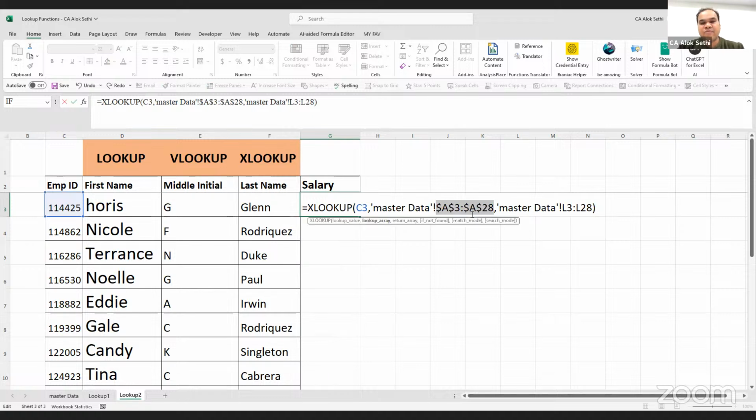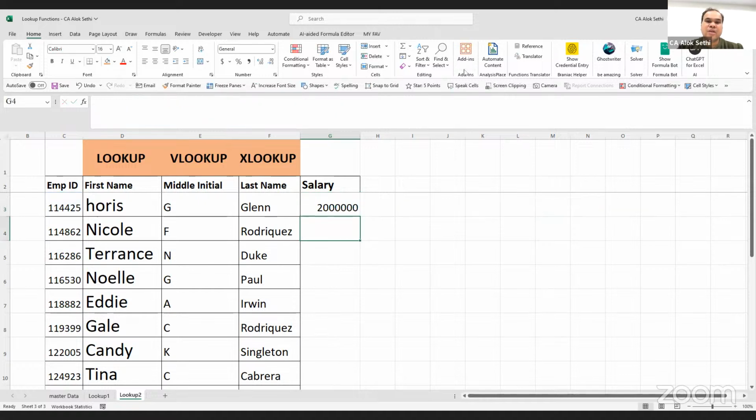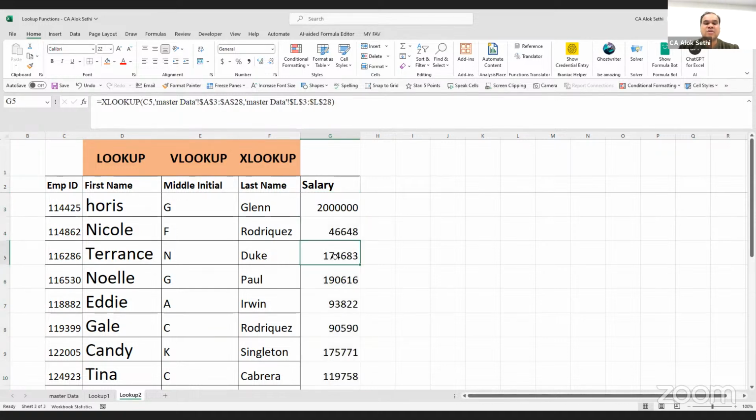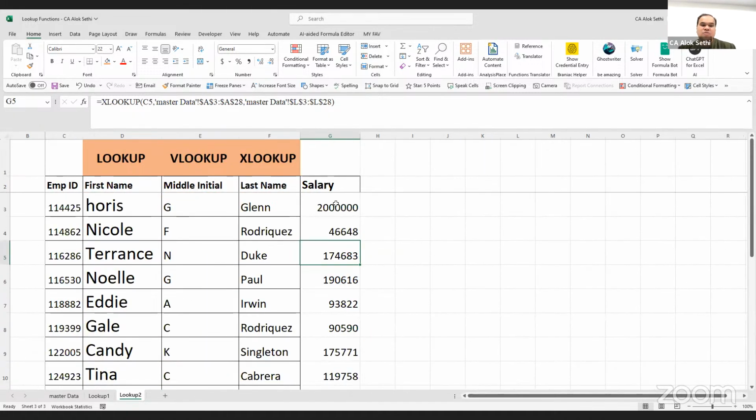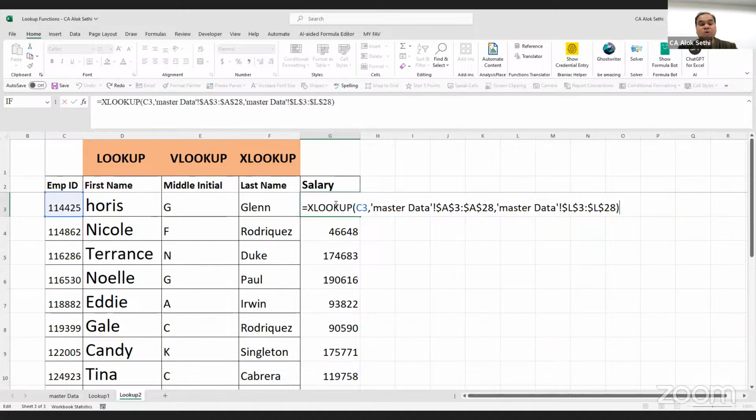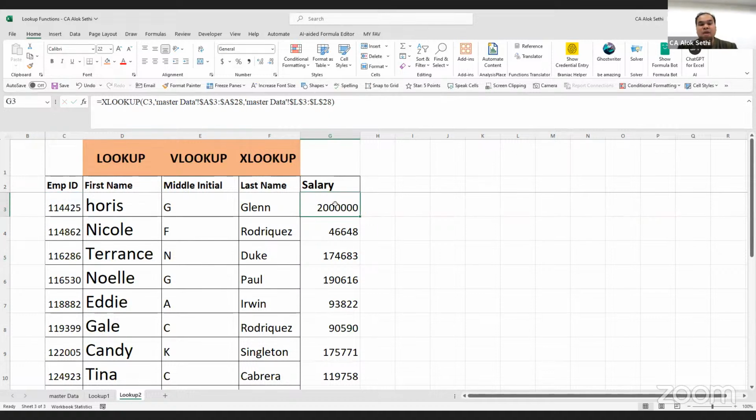अगर आप चाहते हैं कि बार बार फ्रीज ना करना पड़े, तो what you can do is you can convert the data into what, you can convert the data into a table and you can give a name to that table and refer to the table range. Then you will not have to freeze this data. Now we have got the salary also. ठीक है, तो XLOOKUP is any day better than VLOOKUP or lookup function, and it is easier to use also. ठीक है, अगर हमारे को VLOOKUP लगाना होता तो हमें यहाँ पे ढूंढना पड़ता सैलरी।